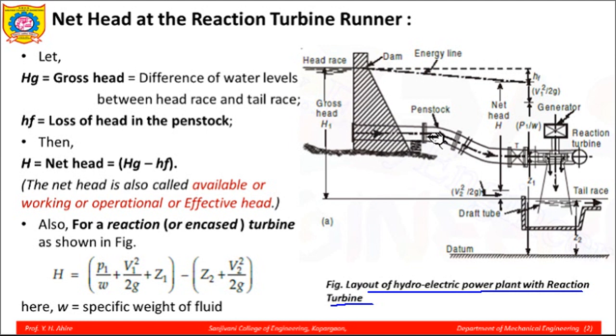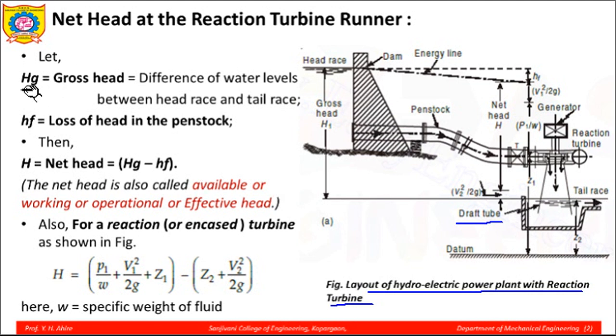Then this water is taken down through the penstock pipe. It is a conduit called penstock. This is the inlet of a Francis turbine runner or a reaction turbine runner, and this is the installation of a reaction turbine which is coupled to the generator. After the water works on the turbine, it is discharged to the tail race side by means of a draft tube. So this is the diverging draft tube. Now, this is our tail race level. Tail race water level is the water level at the discharge side of the turbine.